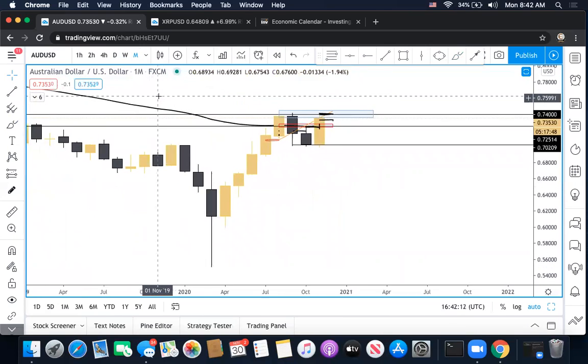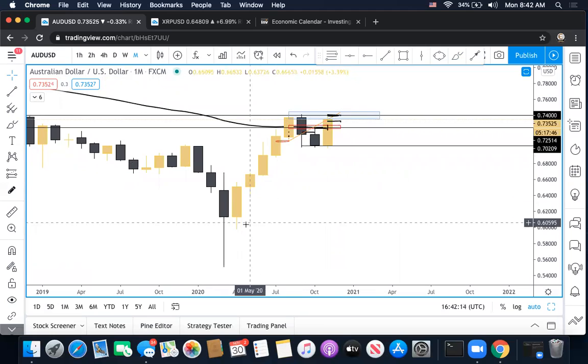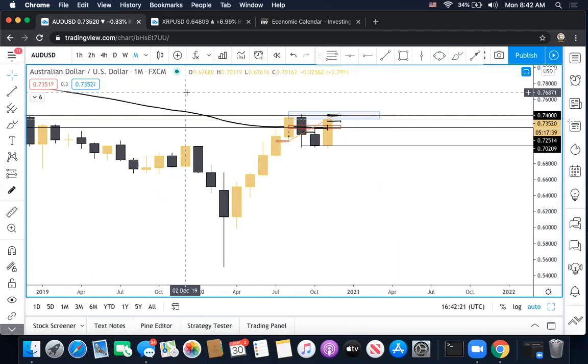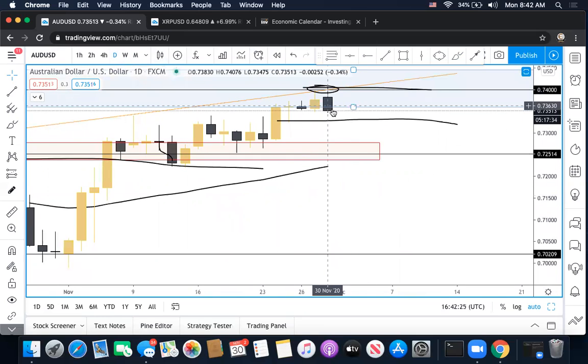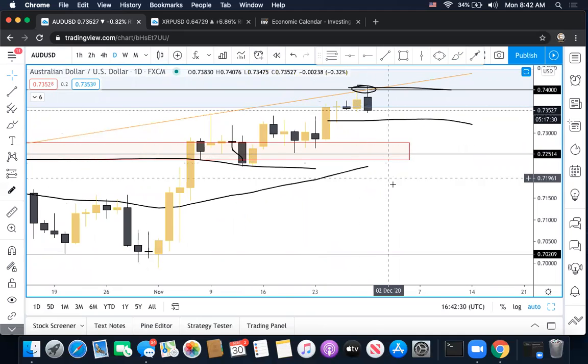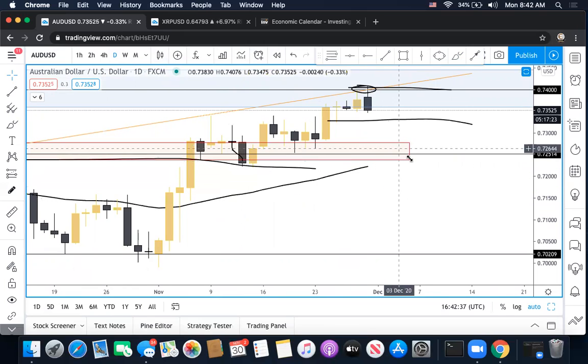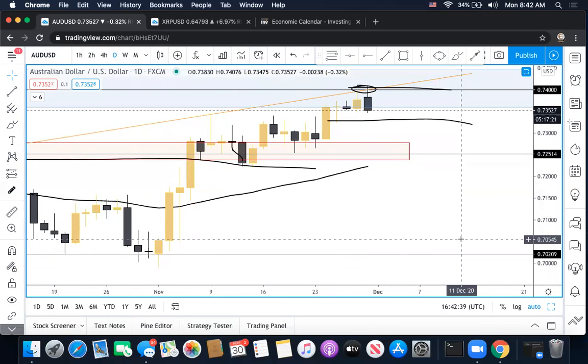But looking at this on a monthly, you see strong bullish price action, slight retracement, and then bullish engulfing candle. So the overall trend on the monthly even still looks bullish. So if I do get a retracement, I'm just going to treat it as price making a correction to possibly go higher unless we start to break structure and break below the 0.725, the 0.72, push back up, hold that resistance, and then we can start to see the market possibly shift on the intradays on the 4 hours and the 2 hours and stuff like that.